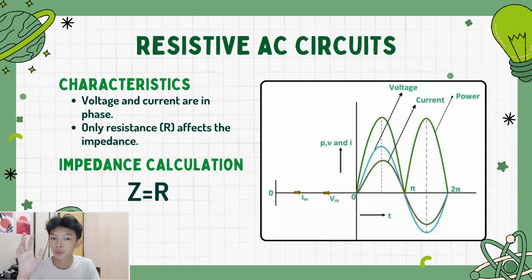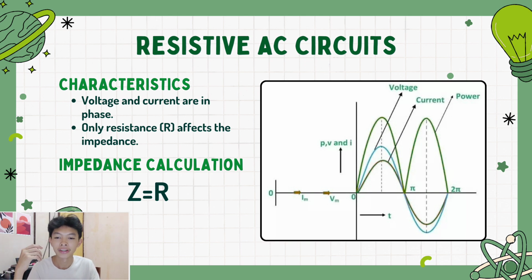Like best friends holding hands. So this means they are in phase, or they're singing the same song actually. So we have that in the diagram, no? And lastly, we have the impedance calculation. Here, impedance is simple because it's just the resistance. So we denote it as Z. Z is equal to R. So the impedance is equal to, okay, correct,